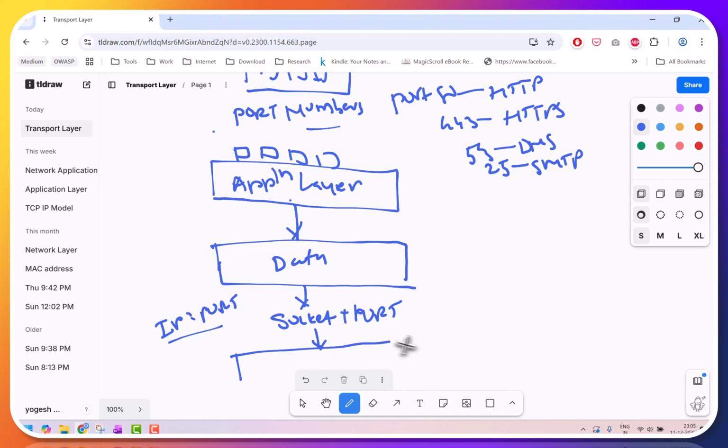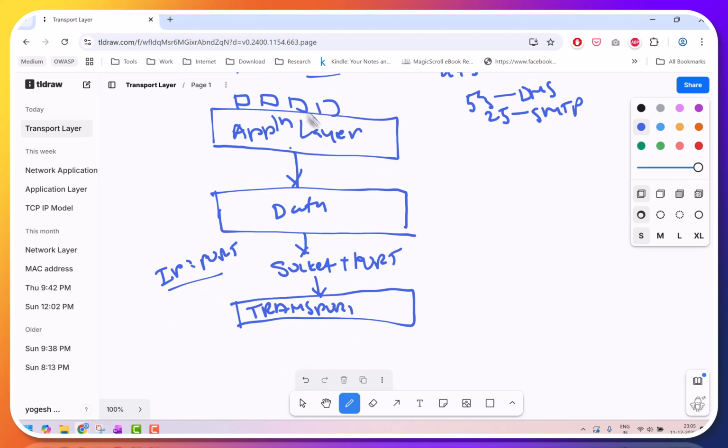Then here comes the transport layer. Now what happens? The application layer will send the data. The data will have a socket plus port defined. It will come to the transport layer. Then the transport layer will multiplex the data to different routes.